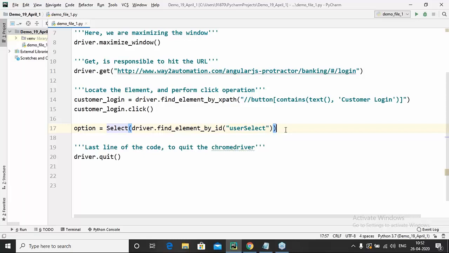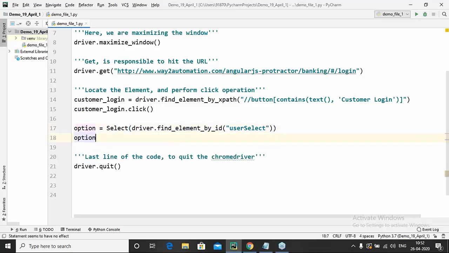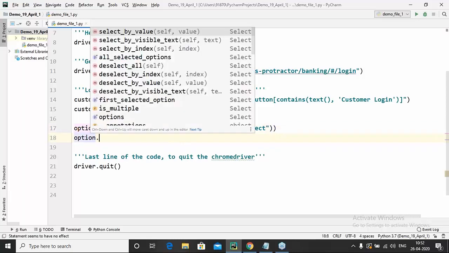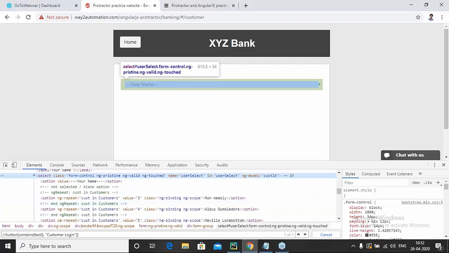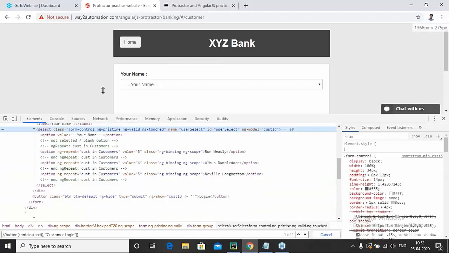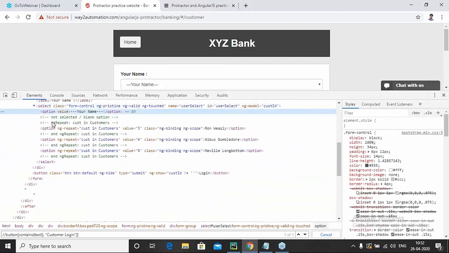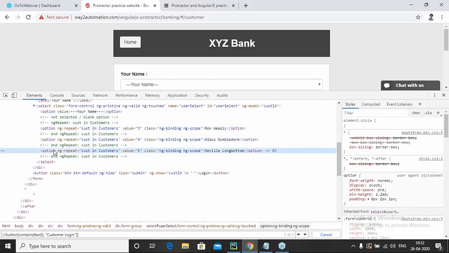Okay. Now, whatever option I'm getting, I want option to select by value. Now if you see the select tag, let me expand it. For the select tag, you have options available inside your elements.